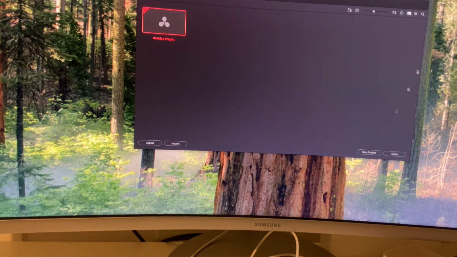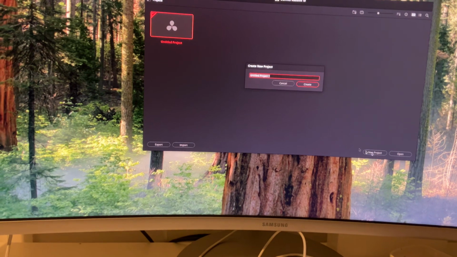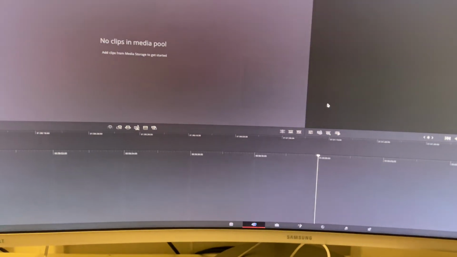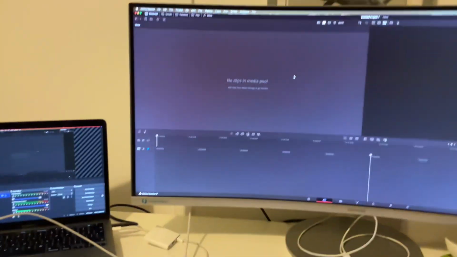This isn't the point. So I'm going to click on new project down here. Whatever. There you go. Skip. I'm going to skip that. So that's the software here that I can actually record. See, it's actually shown on the screen down there. So now what I want to do is, while I'm actually recording